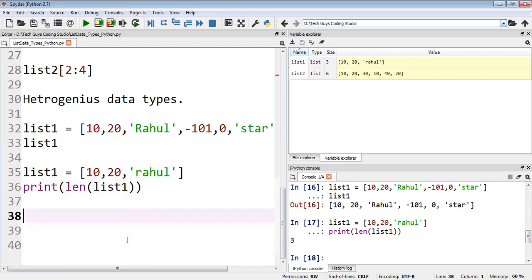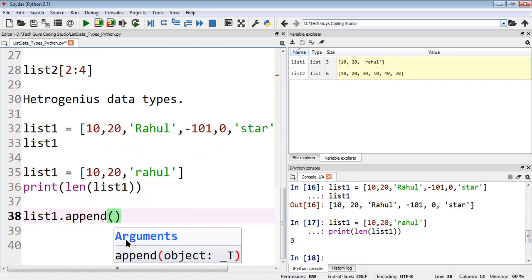Okay, can I add another element to the list? I'll take list1.append. We have one method, append. Even though we have some 10 to 15 methods, for those I'll make another video. I'm just clarifying this concept, and those methods I will tell you later. So now I have the list1.append method.